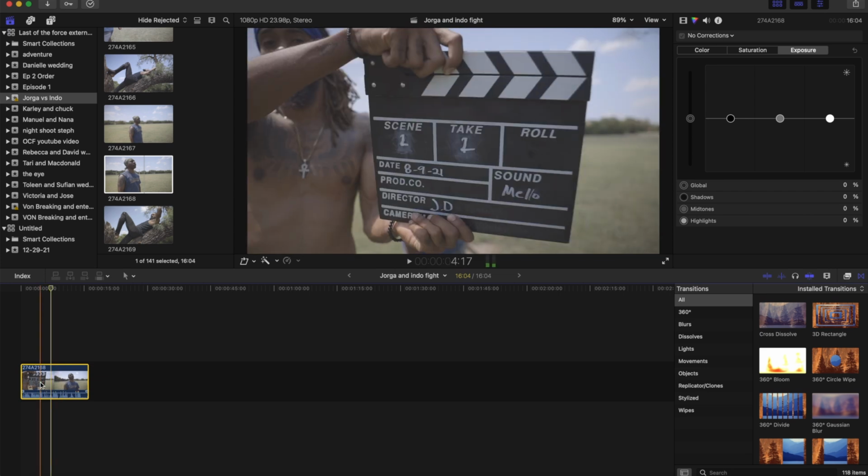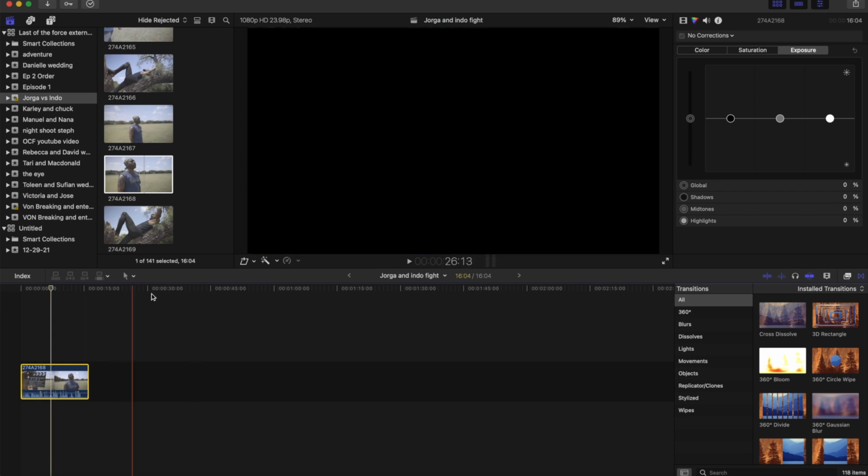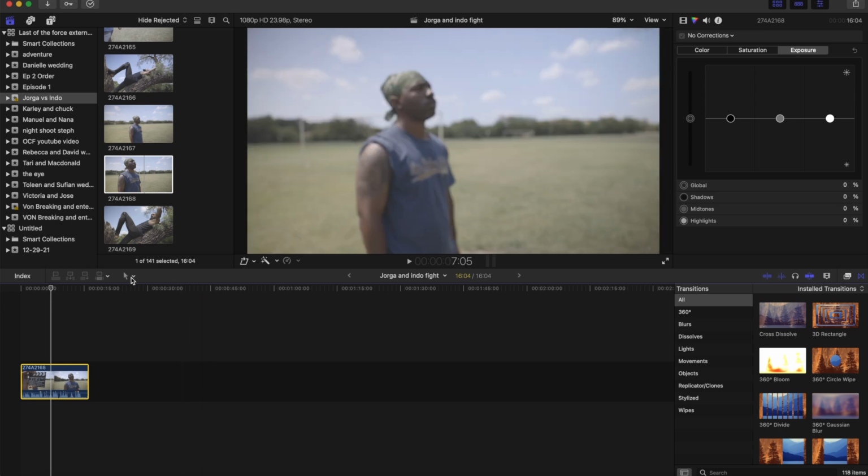You don't want that right there because you're trying to make a movie. You can hit the blade tool. Come right here where you see an arrow, and it's going to give you a selection of different tools you can use to do some more in-depth editing. And it's not super hard or anything, so you guys don't get